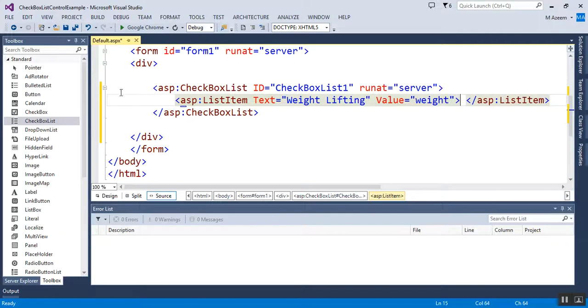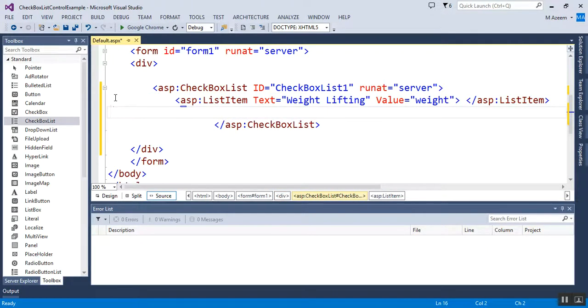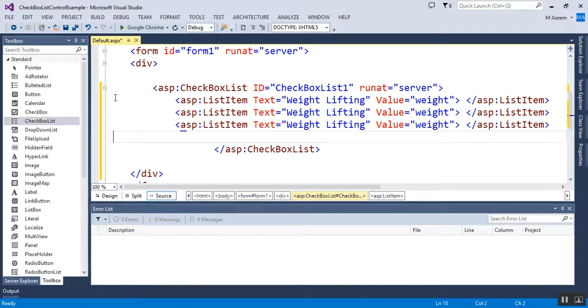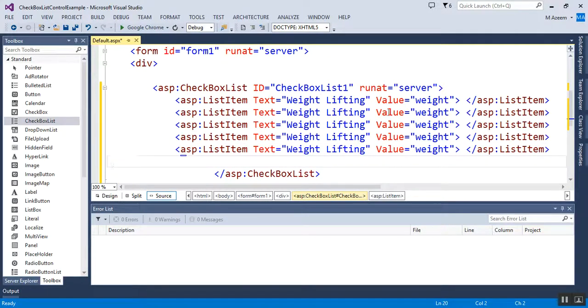To save time, I just copy this and paste it here. Something like this, we have weightlifting, reading,